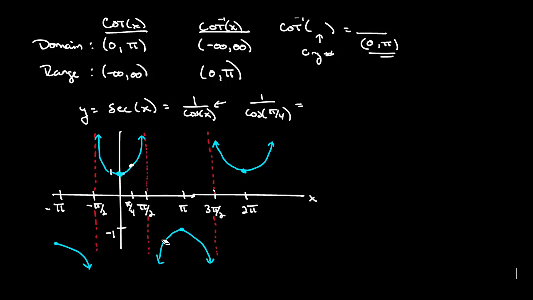So this isn't easy. Well, I shouldn't say it's not easy, but it really has to do with how you want to define it. Different books will define it different ways, and in your calculus class you may define it differently. So in this class, to make it easy for us to remember, since secant is related to cosine, we're going to use the same restrictions that we did for cosine. So we're going to restrict the domain